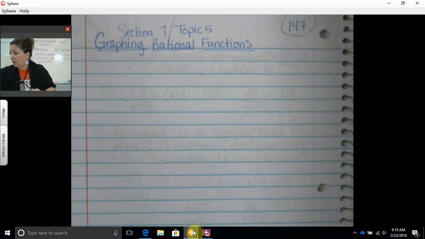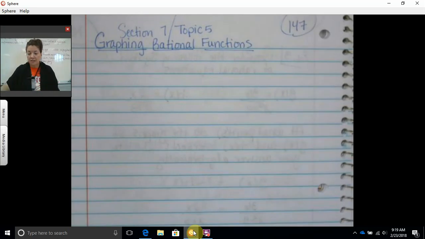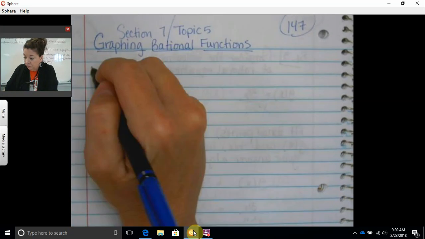Alright, so we know how to graph linear functions. We know how to graph quadratic functions. We know how to graph lots of different kinds of functions, but to graph rational functions, there's a lot to know, okay? So we're going to have multiple steps with a lot of stuff written down for graphing rational functions. So step 1